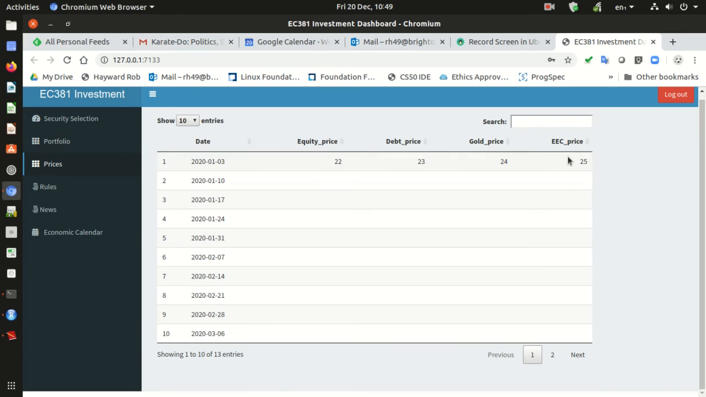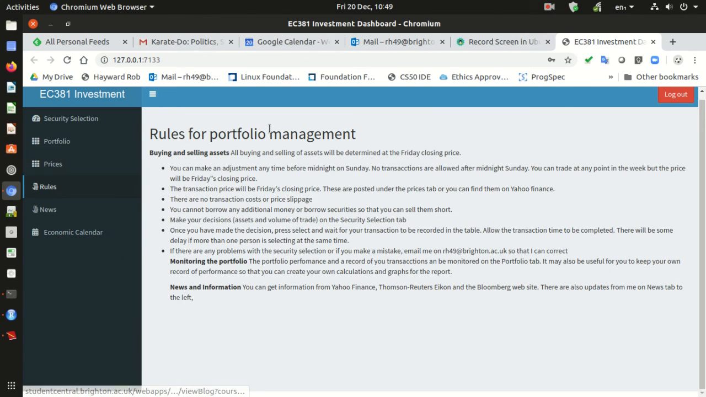The prices we use will be up here. These are made up prices for the time being, but when we have the price on Friday the 3rd of January 2020, I will update those and you'll see that those are exactly the same as the ones on Yahoo Finance. The rules, if you forget, are here, which tell you something about how we're going to run the